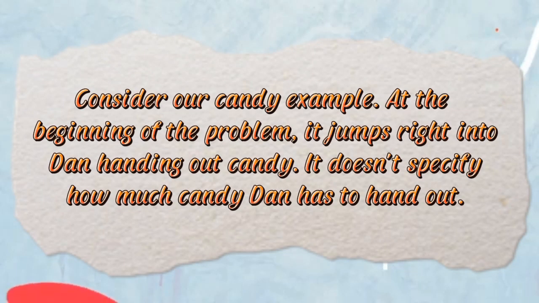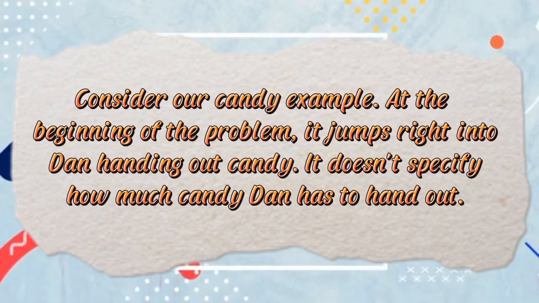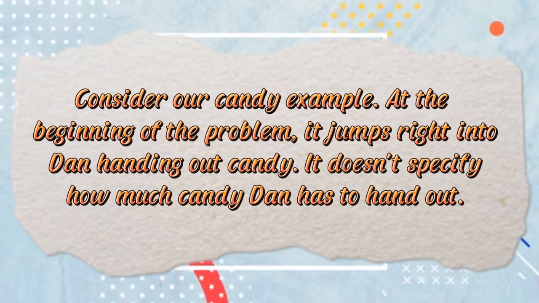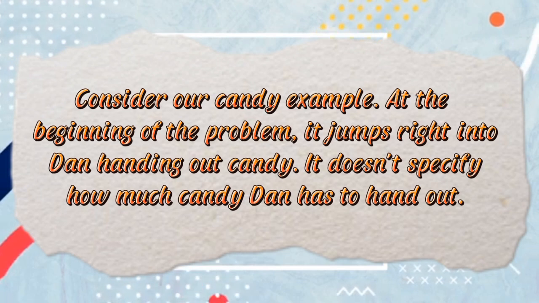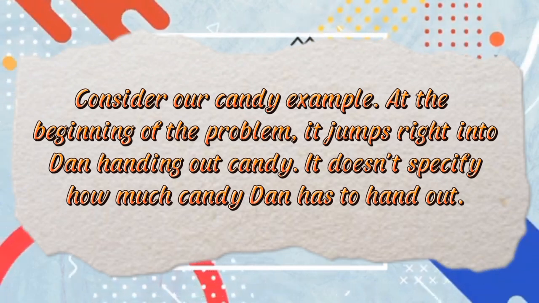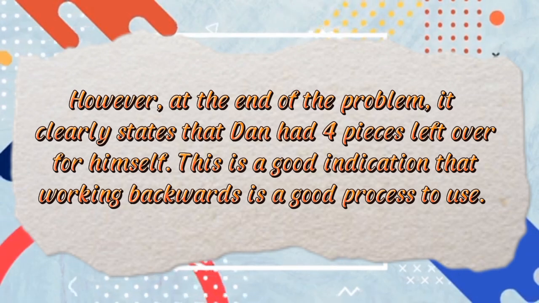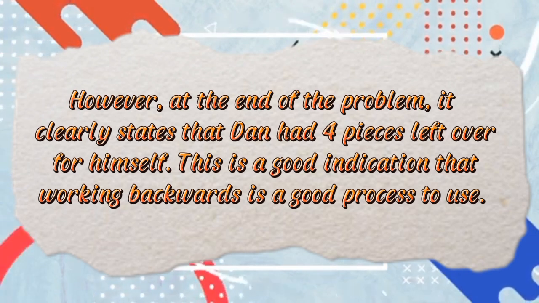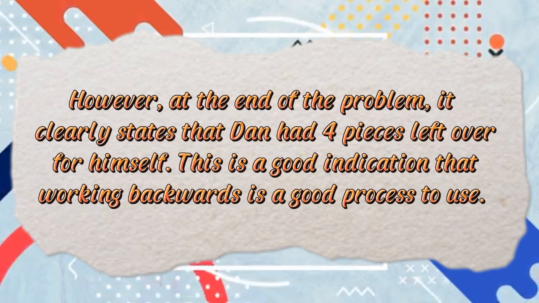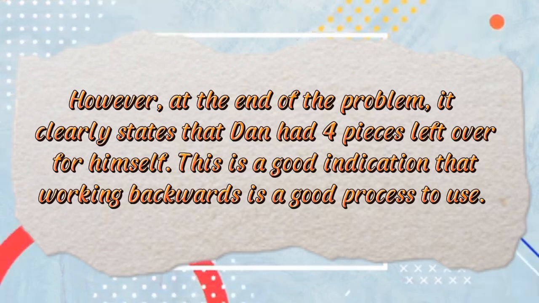Consider our candy example. At the beginning of the problem, it jumps right into Dan handing out candy. It doesn't specify how much candy Dan has to hand out. However, at the end of the problem, it clearly states Dan had 4 pieces left over for himself. This is a good indication that working backwards is a good process to use. So every time you meet word